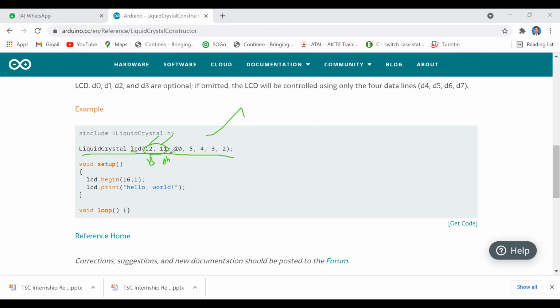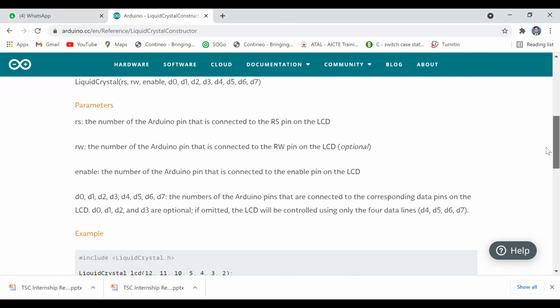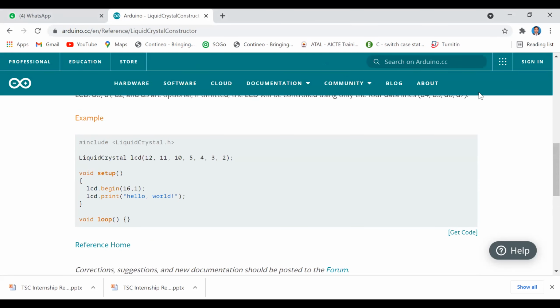Sorry, here it is going to be another, what is the format they are using? Second format. If you go here, the format is register select, read write, and enable.